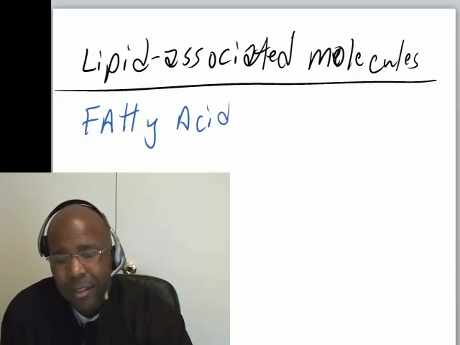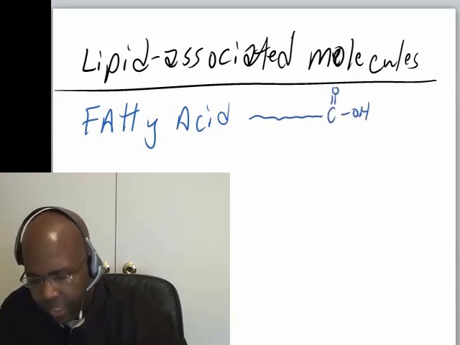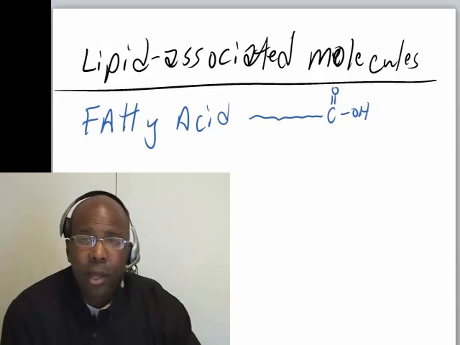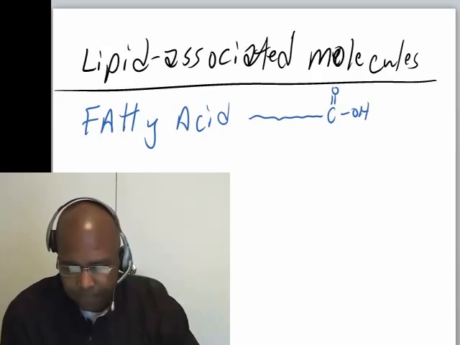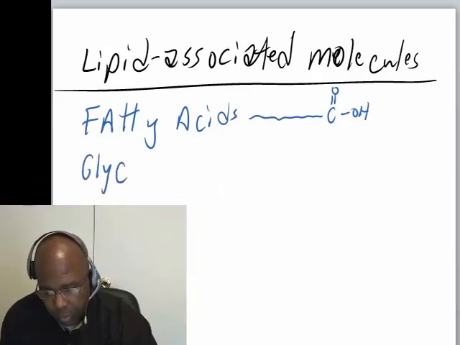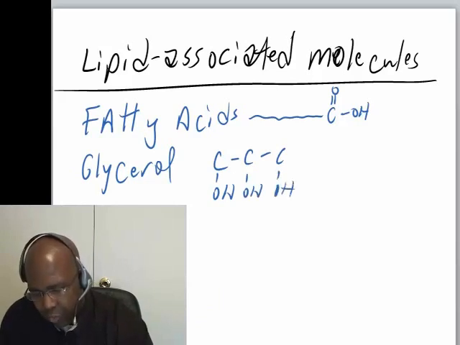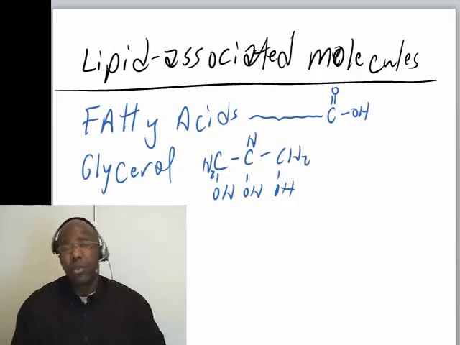They have a carboxylic acid attached to a very long alkyl group. Those are your fatty acids. Glycerol. Remember glycerol, 3 carbons, polyhydroxy. Glycerol is really a sugar alcohol, and so it's reduced glyceraldehyde. So we have glycerol,